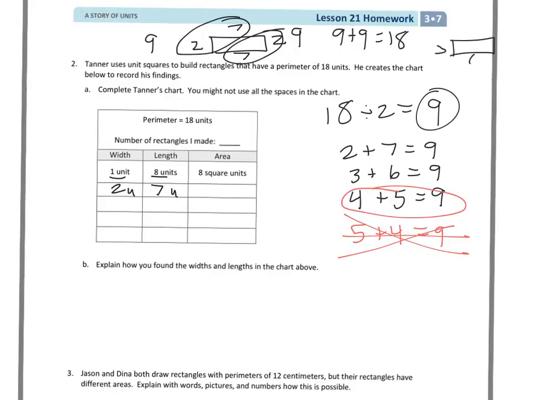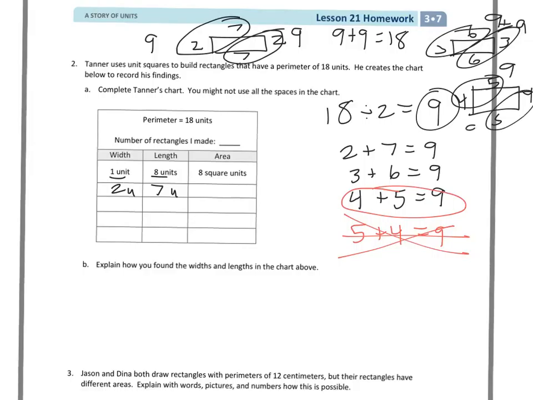If I do 3 and 6, they equal 9, they equal 9, and 9 plus 9 is 18. And then for my last one, 4 and 5 is 9, 4 and 5 is 9, and 9 plus 9 is 18. So now